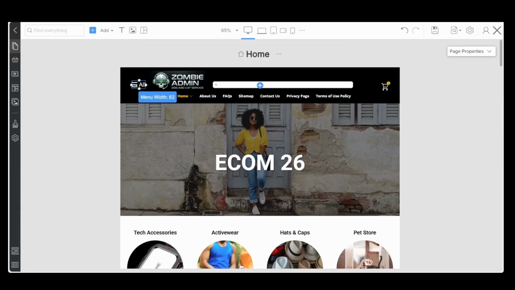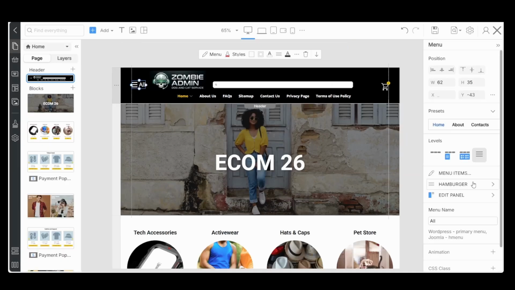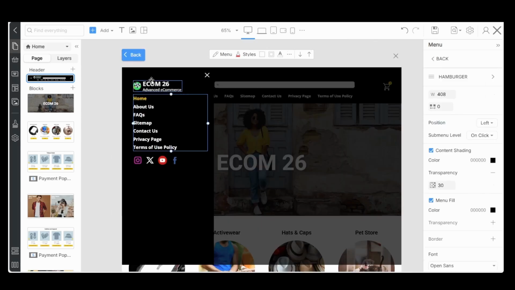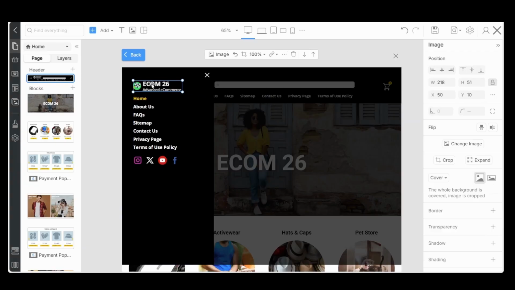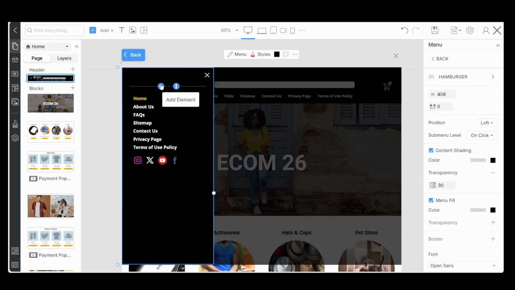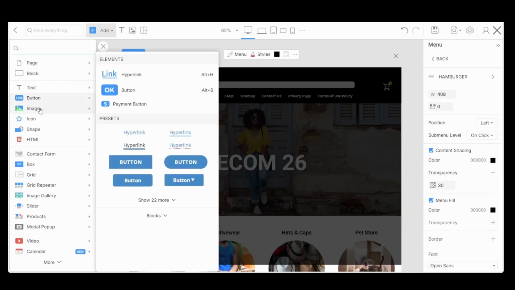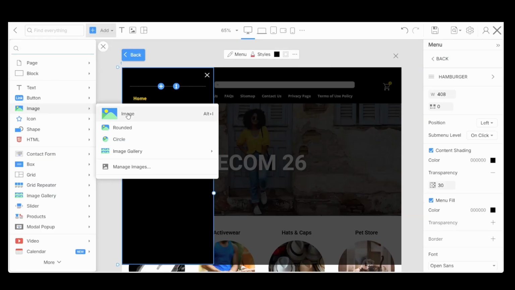Click on all menu. Go down to the edit panel. From the edit panel, click on the logo and let's delete that. Let's install your logo or my logo I'll be using.